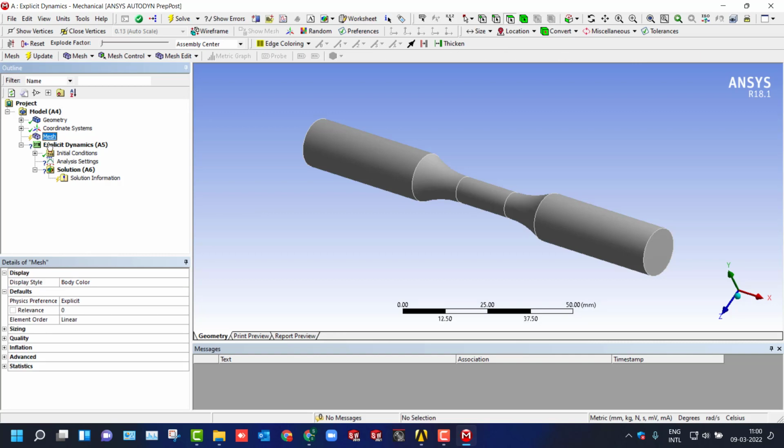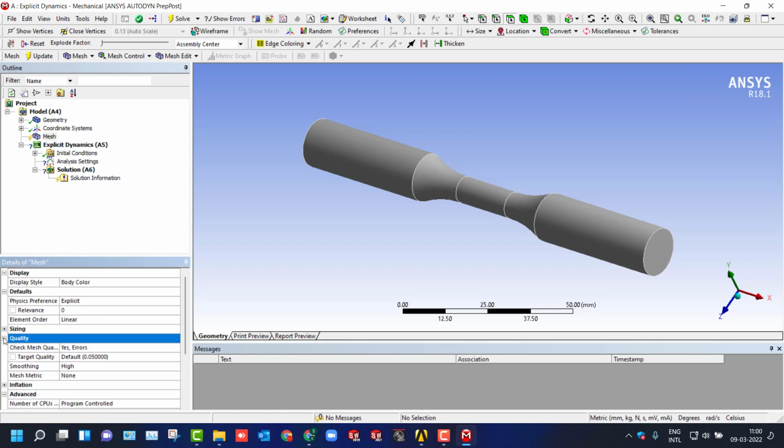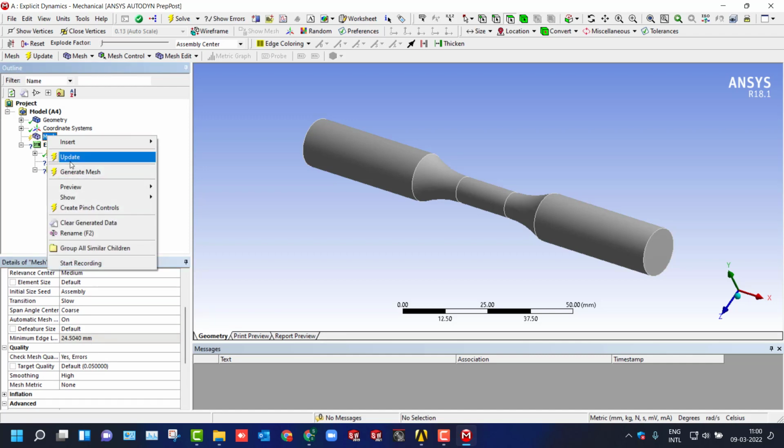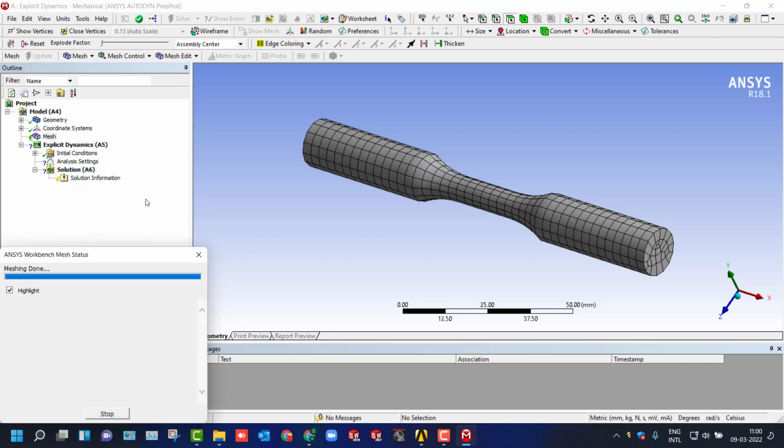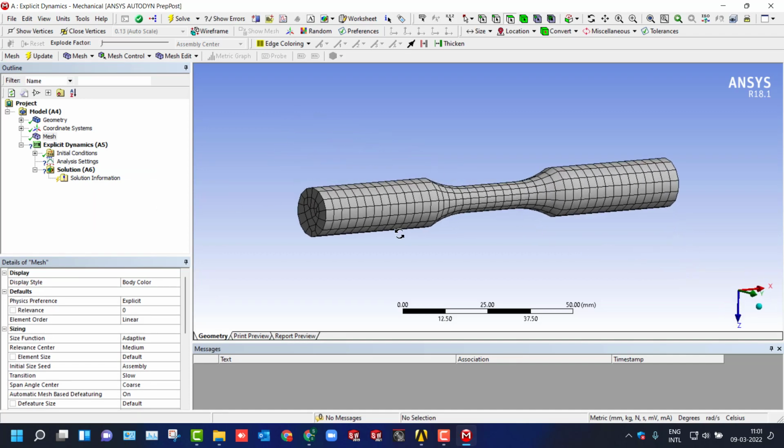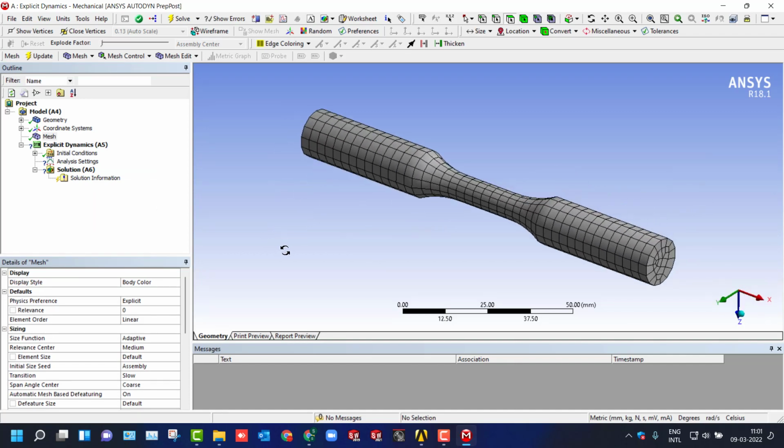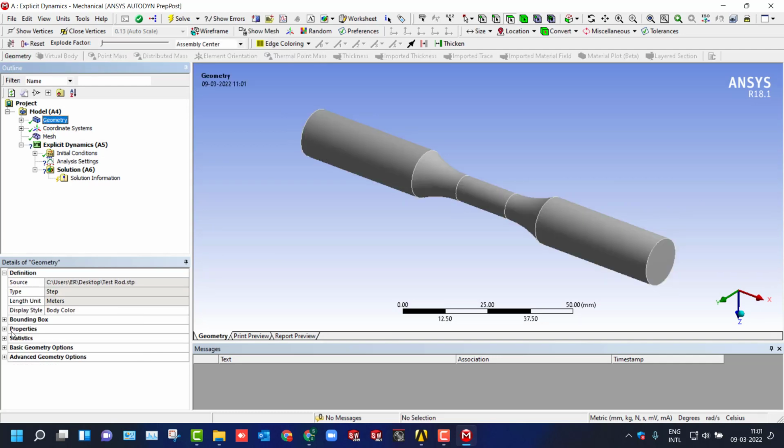First thing, I'll mesh it. While meshing, the element order is linear. You can choose linear itself. I don't want the quadratic one here. And sizing, each and everything you can customize. The quality, and here you could see it is coarse only. The minimum edge length, you can change it if you want, or else I'll just use the default option. You could see this is how it generates the linear mesh. In SolidWorks, by default it is quadratic, remember that.